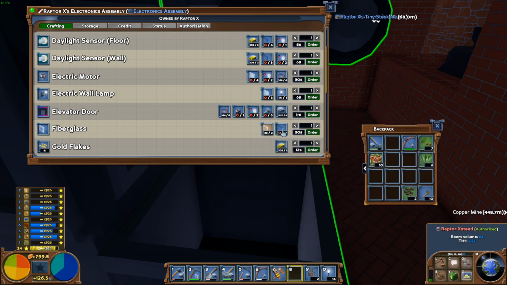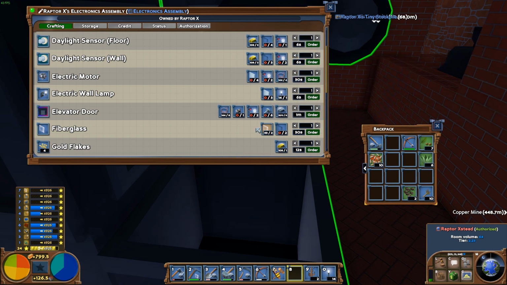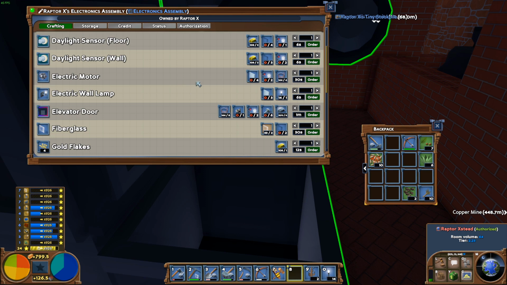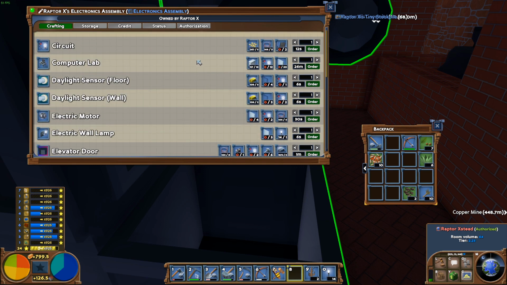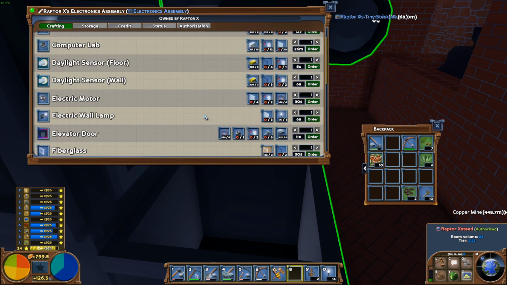So the glass making, the oil drilling, and the metallurgy or the smelting side of things is very important with the electronics crafting. If you've got those three, for the most part this can be done. You will have to get your copper wiring from someone who's got the industry skill and has got the electric machinist table, but everything else is made entirely in the